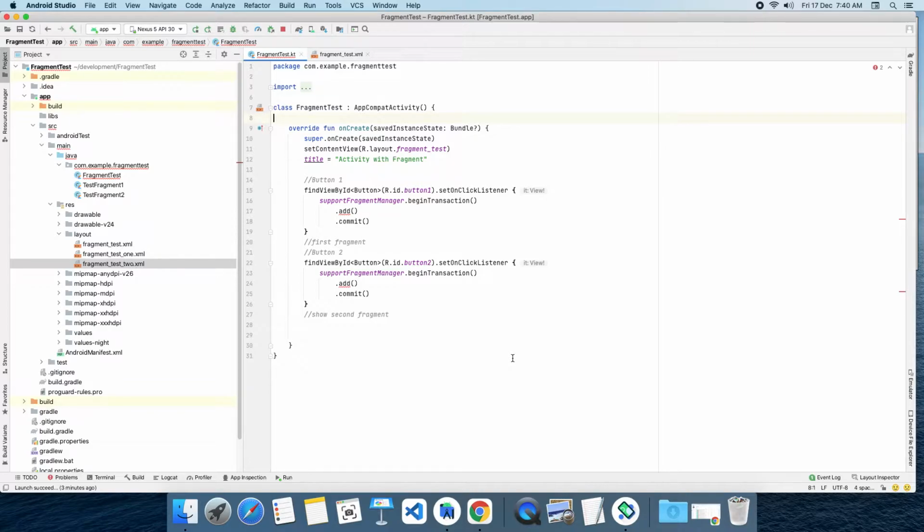Just recall what is a fragment. We have discussed this in our previous section, right? So what is a fragment? A fragment is a portion of an activity or a portion of a UI. A fragment can take a particular portion of a UI. Inside that UI it will create some other UI.